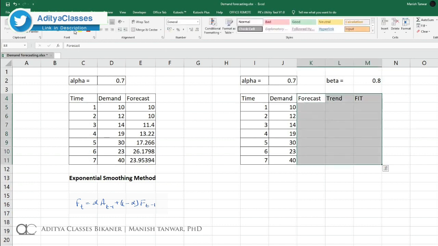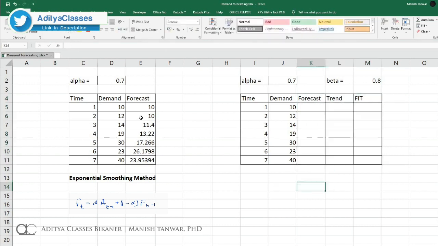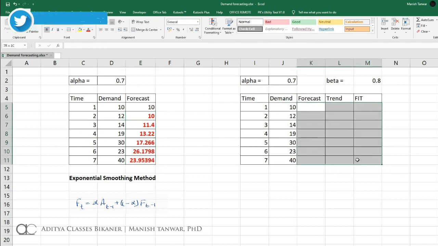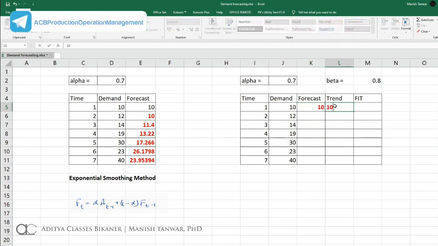Now let us again make a table over here, and I'll paint them bold and red, that these are the values that we have forecasted. Everything in black was given in the question. The forecast and trend values for the first period will be given. We are taking 10 and 10. I'll paint them the same.